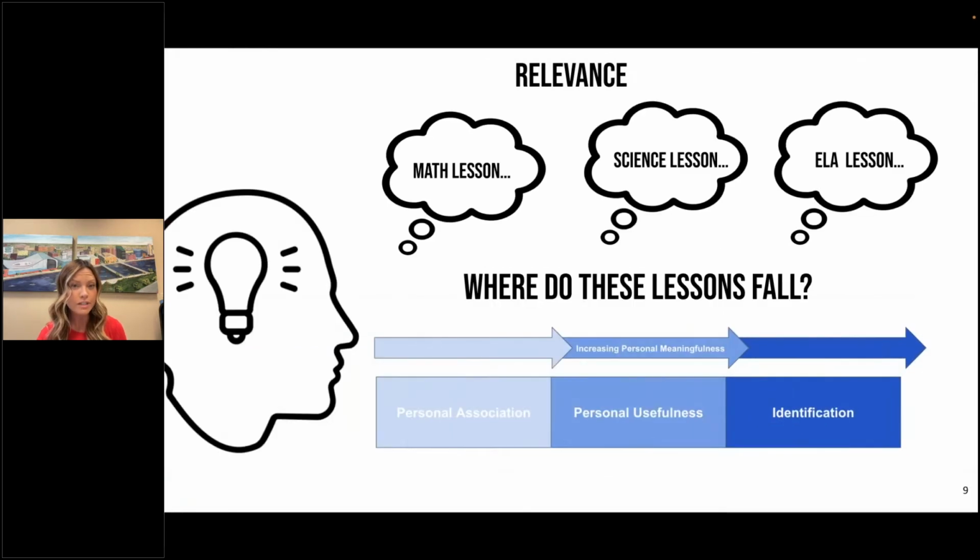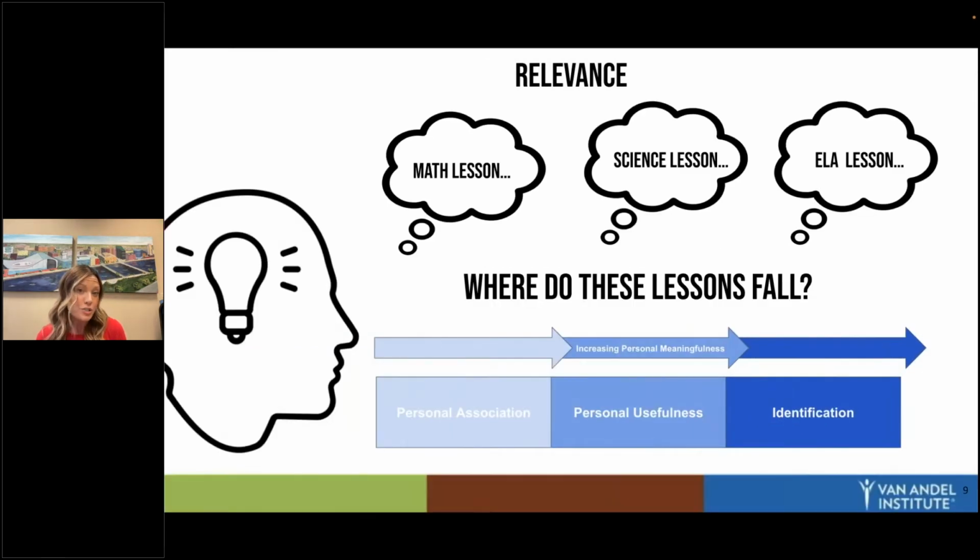So we're going to get ready to launch into another poll, but before we do, I just want you to consider any lesson that comes to mind. So if you're an elementary teacher, it could be in any subject area or a series of lessons. If you're a middle or high school teacher, maybe it's a specific math lesson or a science lesson or an ELA lesson. But thinking about that, and for most of your students, as we look at this continuum,